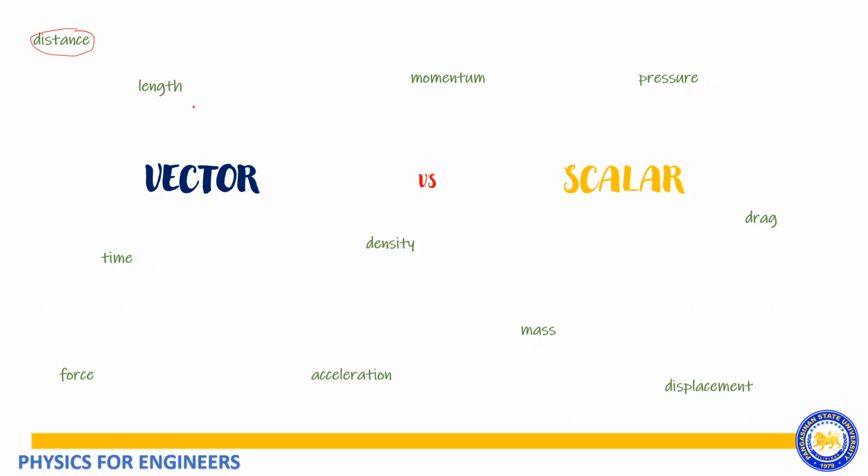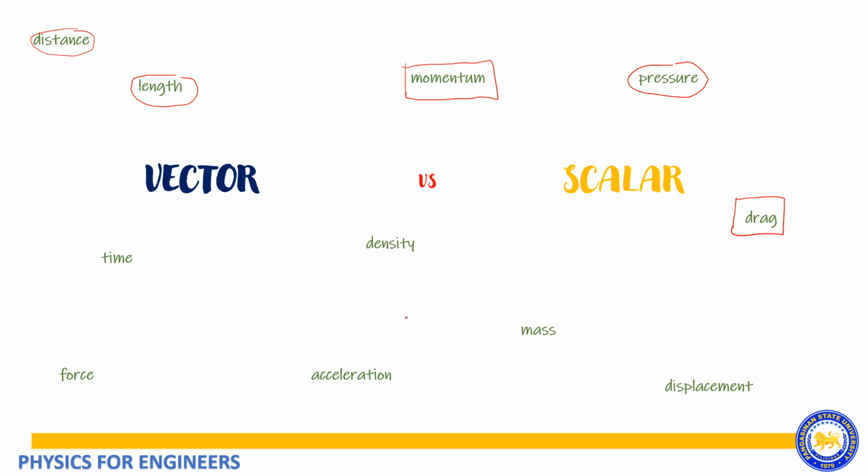Okay? Ang length. Ang length is, it talks about how long din. So, measurement lang siya kung gaano kahaba. So, scalar. Pag momentum naman, meron kasi yung direction. So, ang momentum ay isang vector. Ay. Ang pressure, wala namang direction ng pressure. So, yan ay scalar. Ang drag. Ang drag ay merong direction. So, ang drag ay